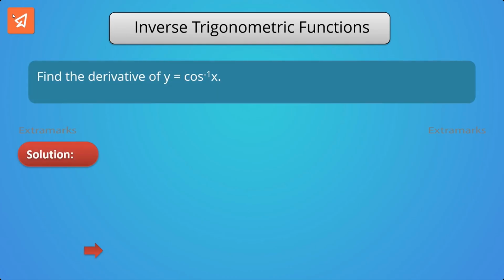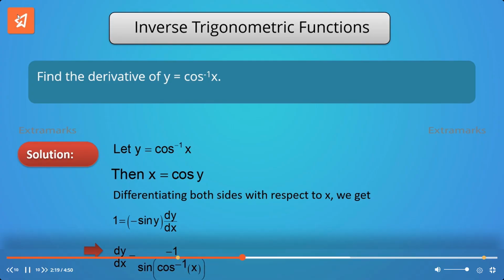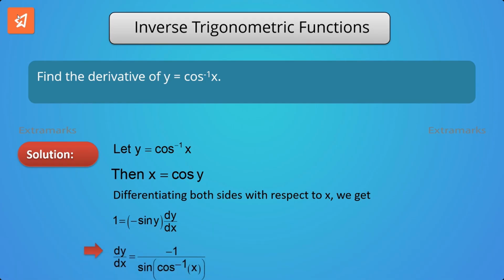We have already studied inverse trigonometric functions. Now using the chain rule, we are going to find derivatives of such functions. Find the derivative of cos inverse x. Let y equal cos inverse x. Then, differentiating both sides with respect to x as shown, dy upon dx equals 1 upon sine of y, which further equals negative 1 upon sine of cos inverse x. Now the above equation is defined when sine of y does not equal 0, that is, cos inverse x does not equal 0 or pi, that is, x is not equal to 1 or negative 1.